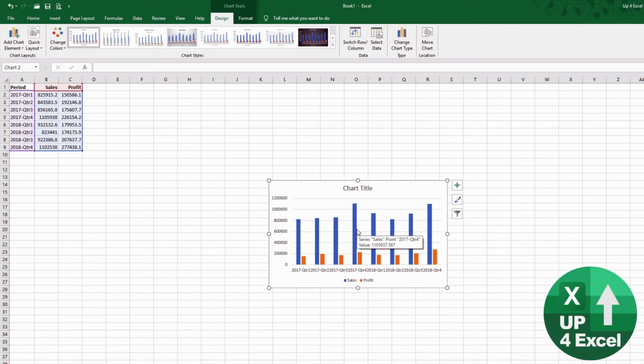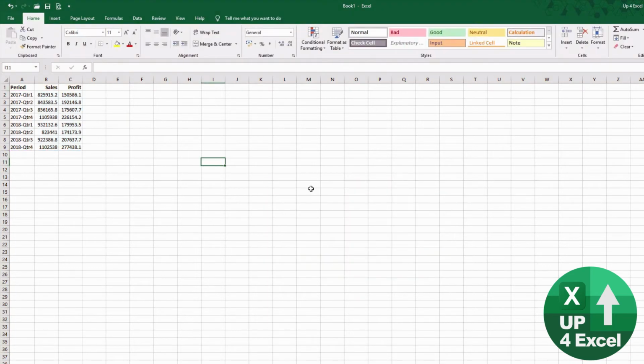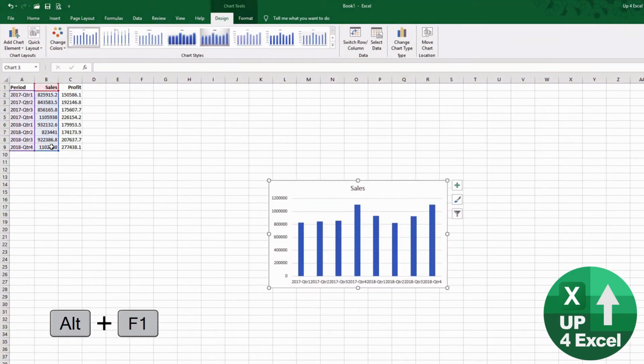Now I'll just go through one other point, because maybe you want to do this manually. You want to do it in as difficult a way as possible. So I'm just going to delete that chart there so it doesn't confuse things. So say, for example, we do the same thing with just the sales. So we've got our sales chart, but we've now been given the profit numbers and we want to